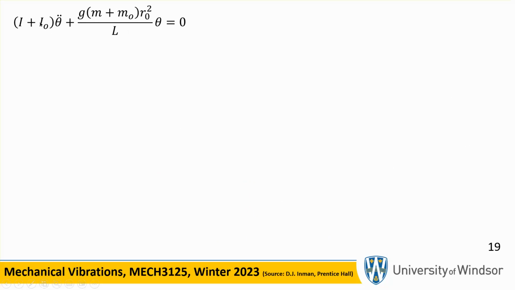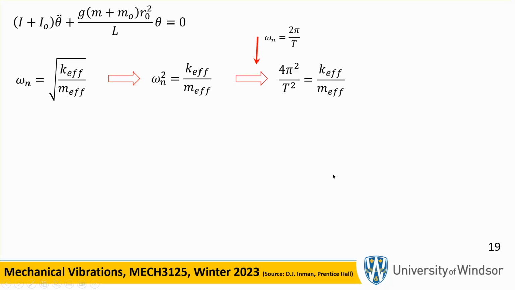This is the mother of all equations: something times the second derivative with respect to time, no damping here, we are assuming there's no damping, and something times the angle. This is like M effective x double dot plus K effective x, except that I don't have x, I have theta. So the natural frequency of this oscillation of this pendulum is there. If I square it, you get this. And remember, the natural frequency and the period are related through this very simple expression. You plug it in, so you're going to get K effective over M effective equal to 4 pi squared over